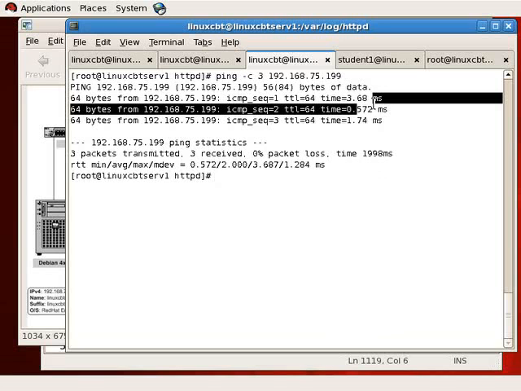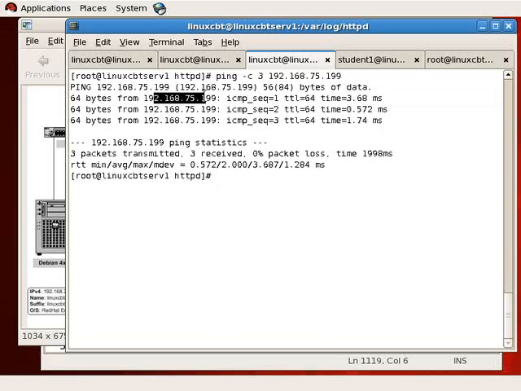We see that for the second ping, it was a fraction of a millisecond, because usually after you've communicated or set up communications with a host using ICMP, TCP, UDP, any protocol, subsequent communication streams tend to be quicker. The setup stream, the first packet, tends to take a longer time, but once the host is up and running and responding, communications speed up. The third, although faster than the first, was slower than the second, but still fast in the overall scheme of things. And then we get the fact that we lost no information, and it took just under 2 seconds to